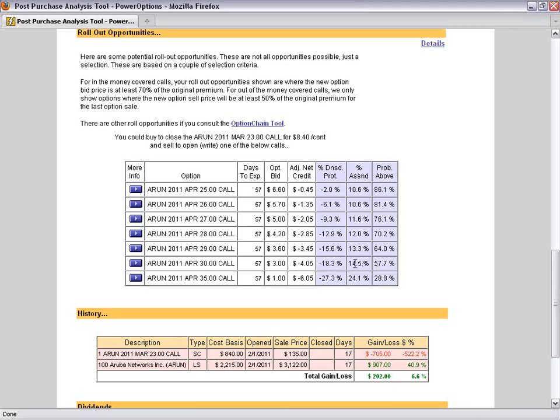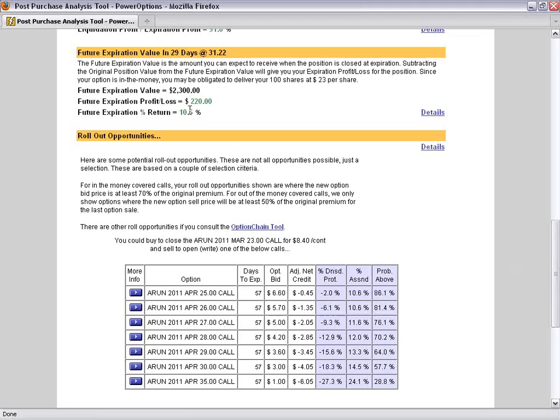There are some rolls we could do from March to April, but a better thing to do in these scenarios, since you weren't assigned early, you are still risking being assigned at this price, but we should all be lucky to get assigned right now early, an extra 30 days ahead of time, for a 10.6% gain. I would love to have that happen every time.